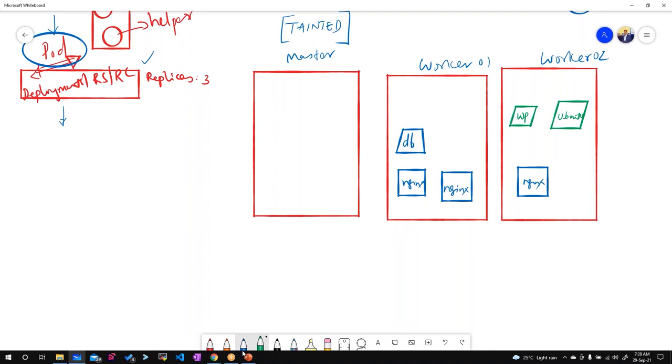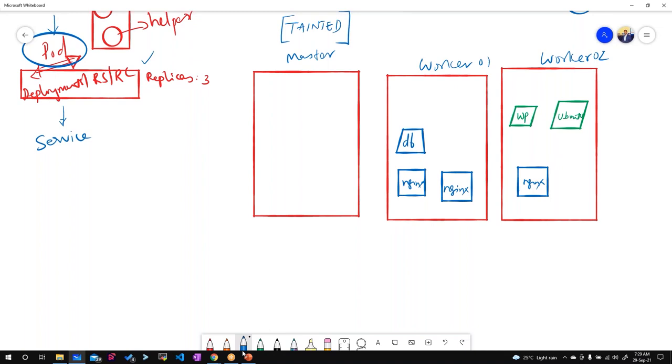So we need a component known as a service. This service is different from the service that we had seen in Docker swarm. In Docker swarm, the service indicates a container. We use the docker run command in case of a single node, and in case of a multi-node cluster, we do docker service create, right? Yes, Vikram. So that service is different from this one, so don't get confused.